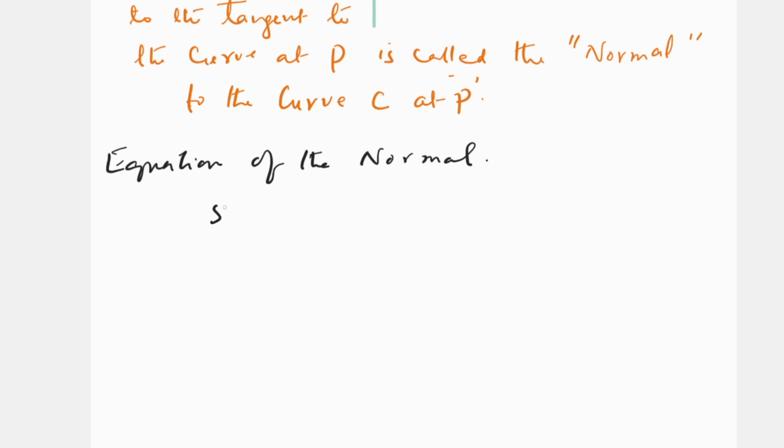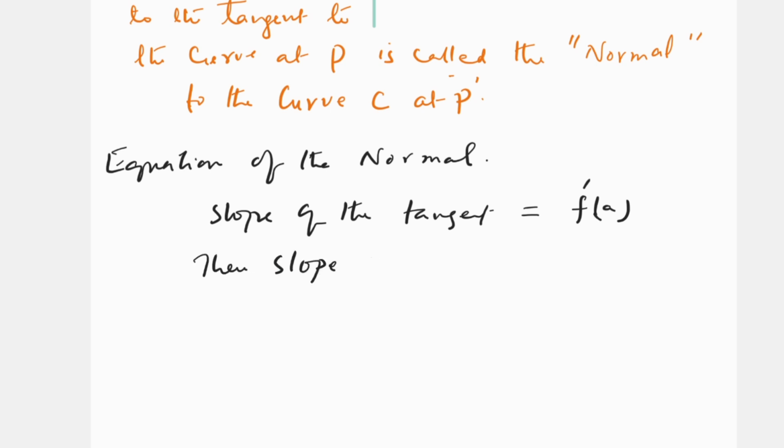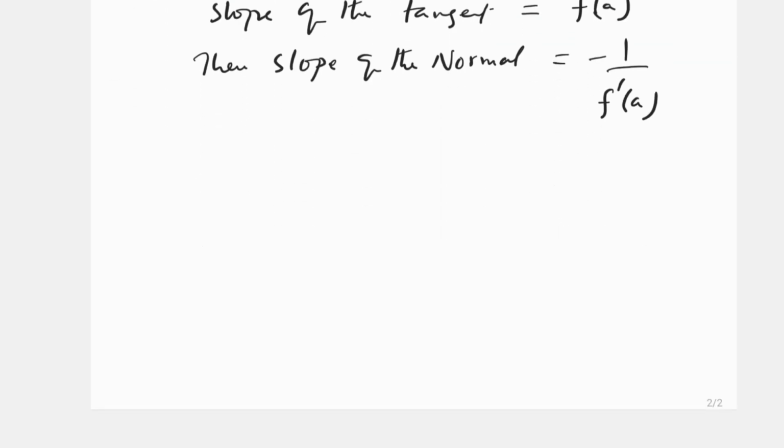You know that the slope of tangent at point P we have taken as f dash a. Then the slope of the normal will be minus 1 by f dash a. Therefore, the equation of normal can be written as